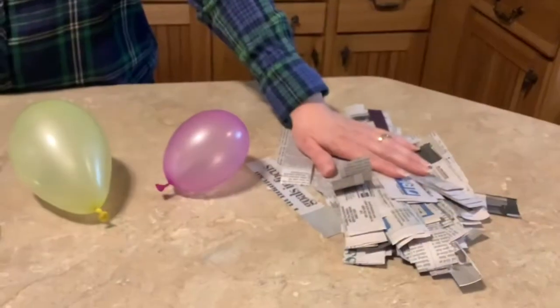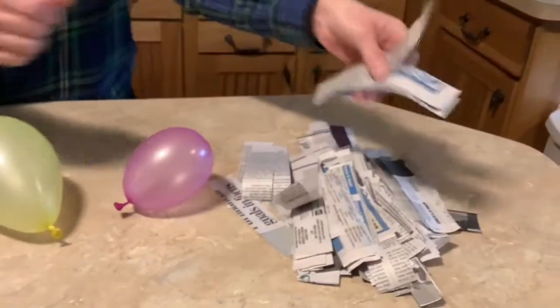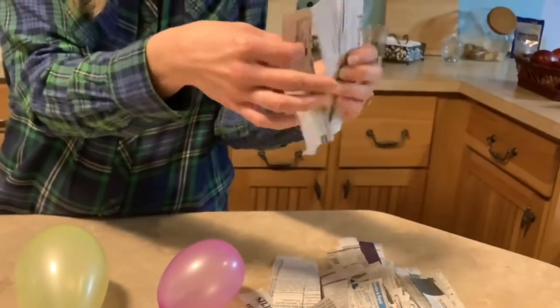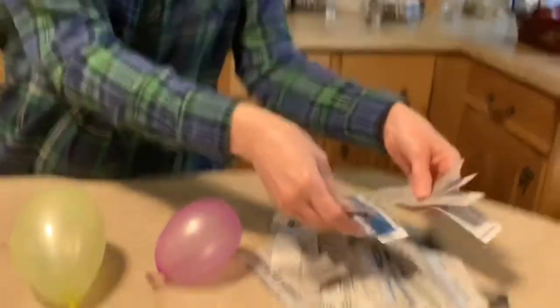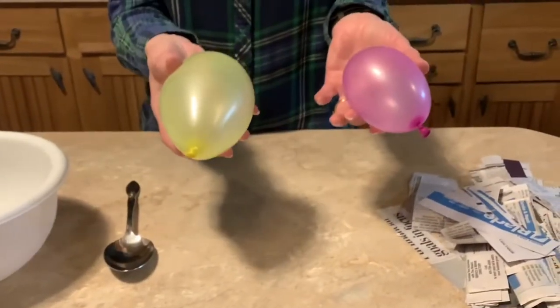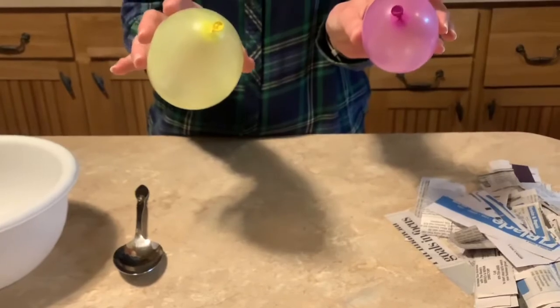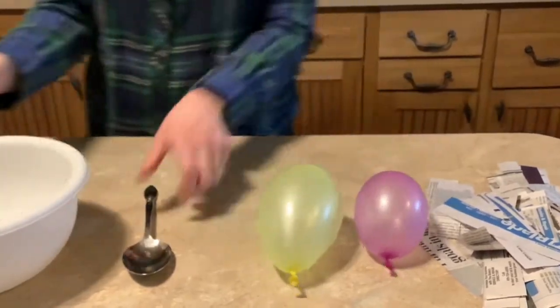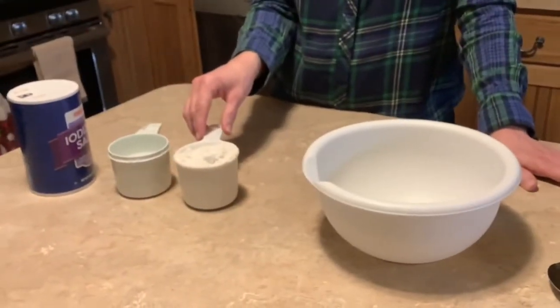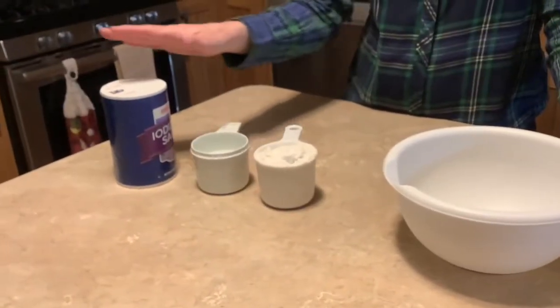To make our paper mache eggs, you're going to want to cut up or tear newspaper, tissue paper, or any other thin paper you have. You'll need balloons. You can use small balloons like water-sized balloons, which is what these are, or you can use a larger balloon. A spoon, a mixing bowl, 1 cup of flour, 1 cup of water, and 3 tablespoons of